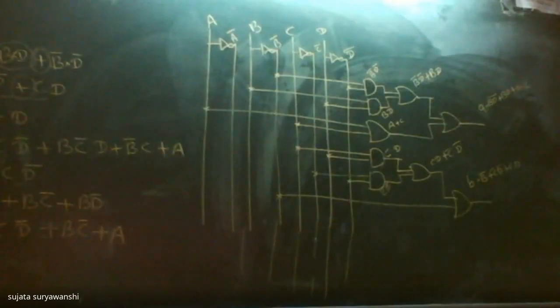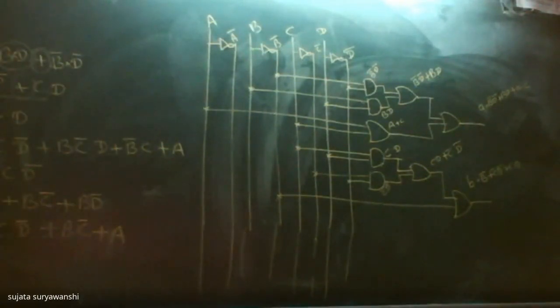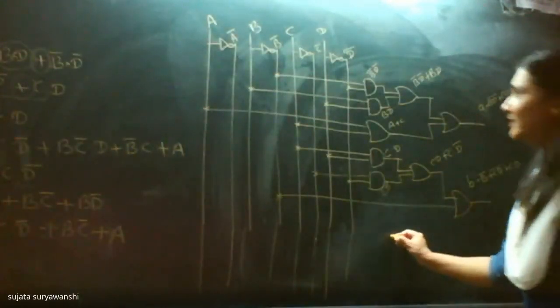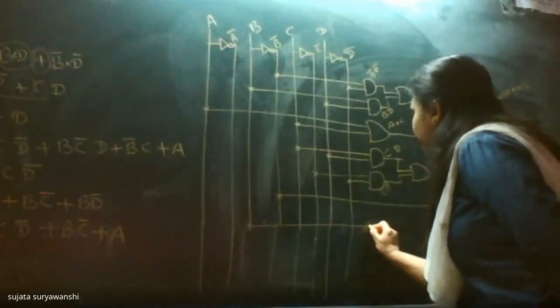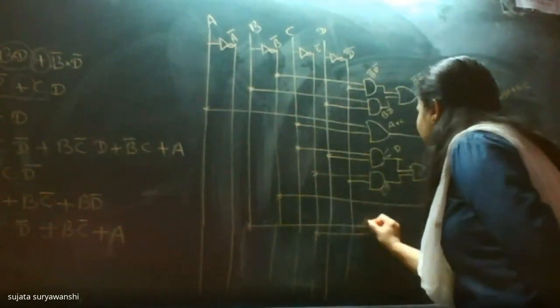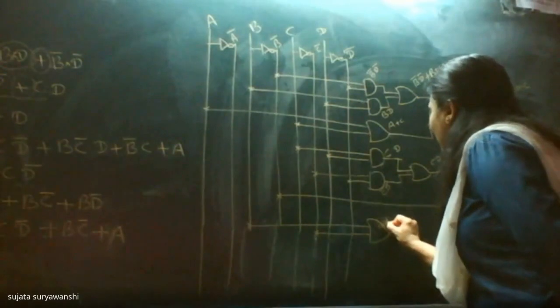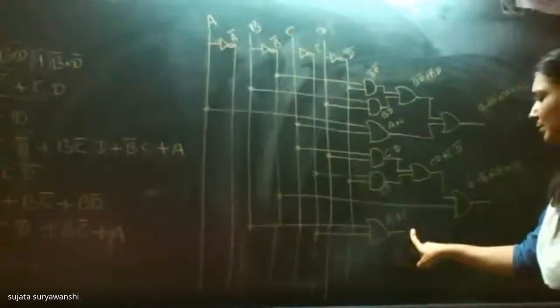So design it. And it is not present here. You have to use only OR gate. So first two terms B plus C complement means you have to use OR gate here. Take one line from B or C complement. Take another line from C complement only and use OR gate, which will give output B with this output. So take one line from